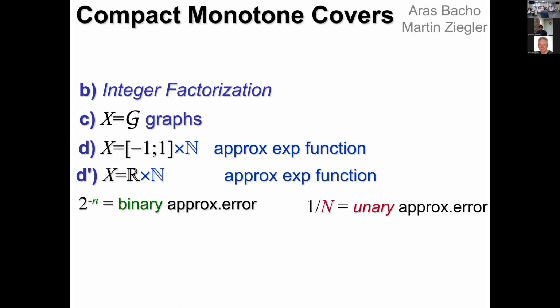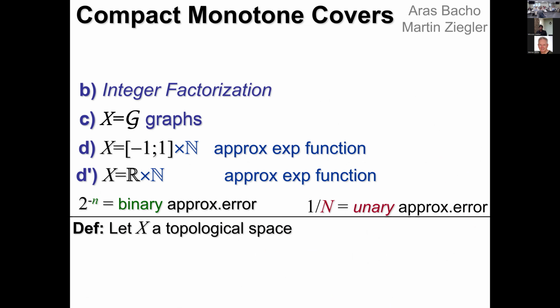And let's see what is the common scheme behind them. It's compact monotone covers. Okay? So for compact sets, you don't need any parameters. And when the space is not compact, we cover it with increasingly large compact sets, and then see how the complexity grows as we run through these larger compact sets. That's the compact monotone cover. So here's the gist of that.